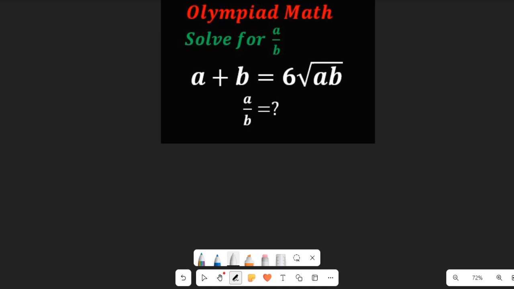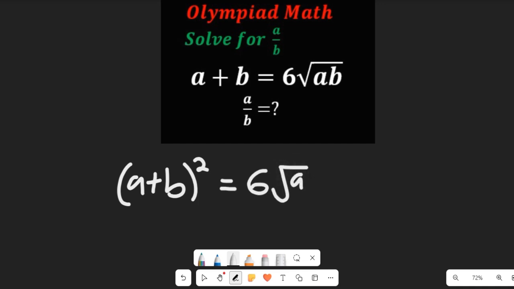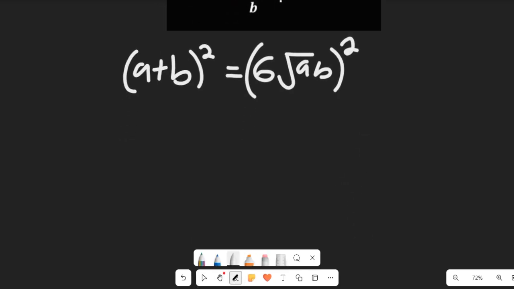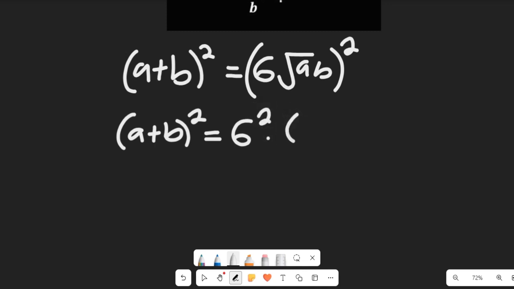So to clear the square root, I have to square both sides. So I'll have (a plus b) square, right? And this will be equal to 6 square root of ab, and all this will be squared. Now from that expression, I can break this out to give me (a plus b) all squared, and this will be equal to 6 square multiplying the square root of ab